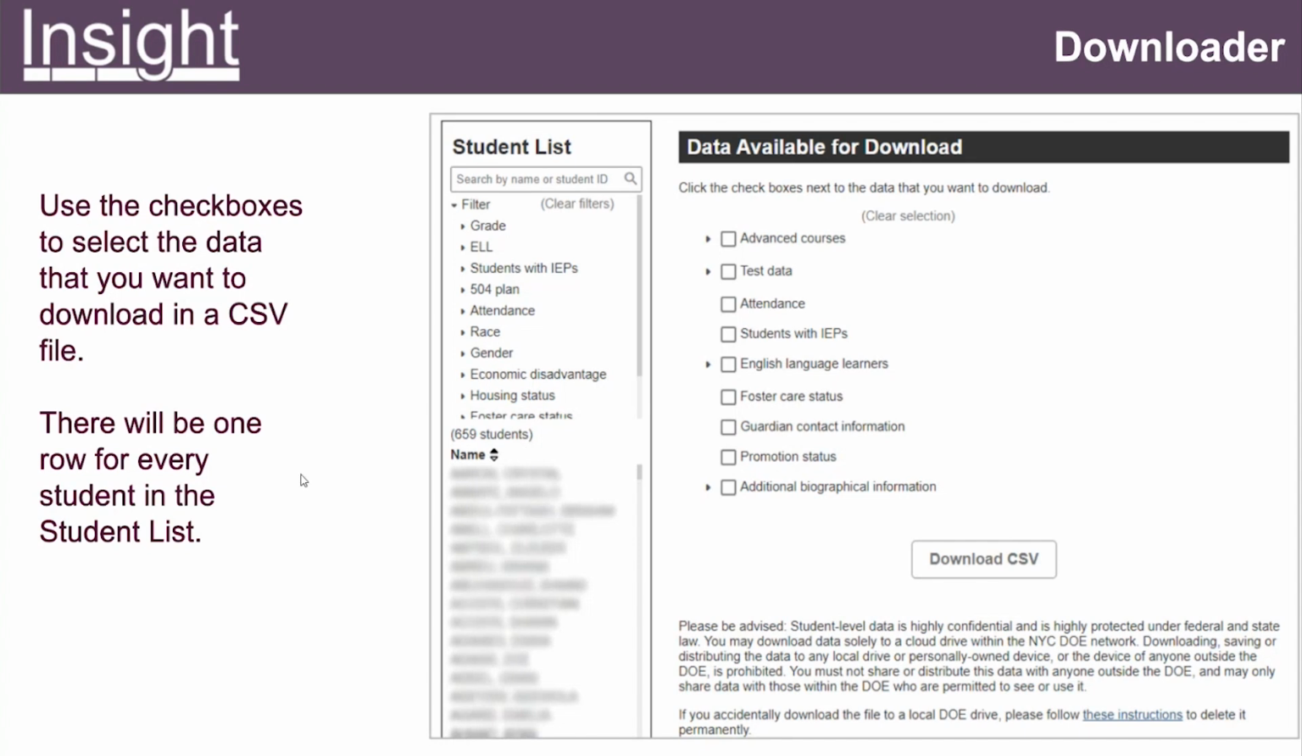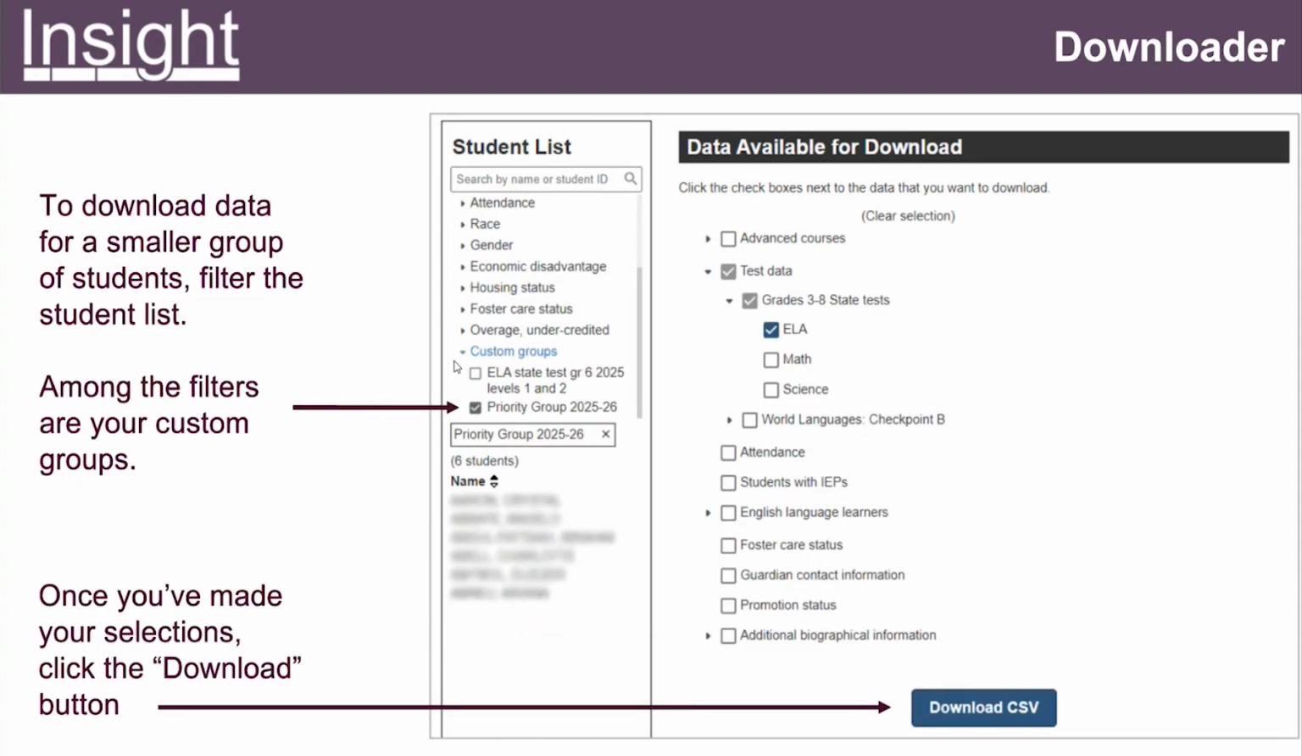When you create a customer group, you also have the customer groups option under the student filter. So let's say I want to focus on my priority group, school year 25-26. I check that box, 6 students under this group, and then I can go to the data available for download section to decide and pick the data points I want to look at. In this case, I will do test data 3 to 8 ELA. You could obviously look at math or science,